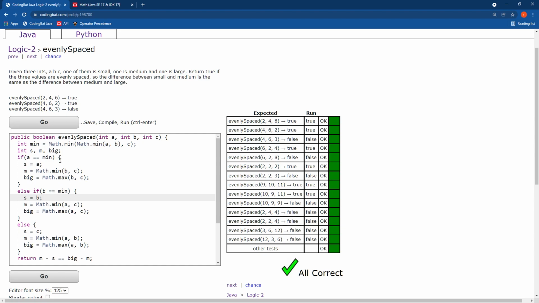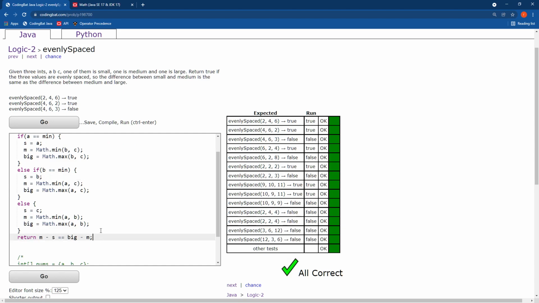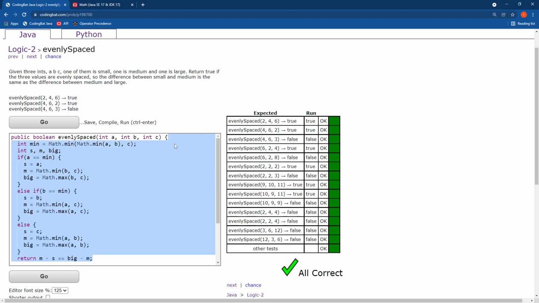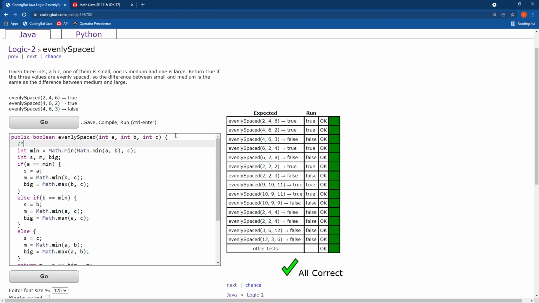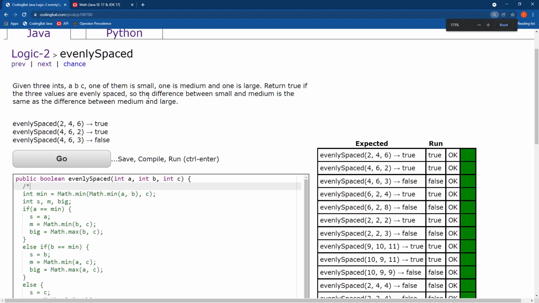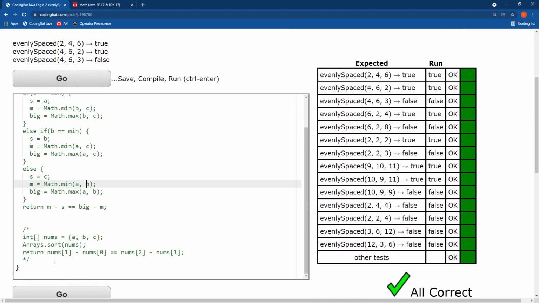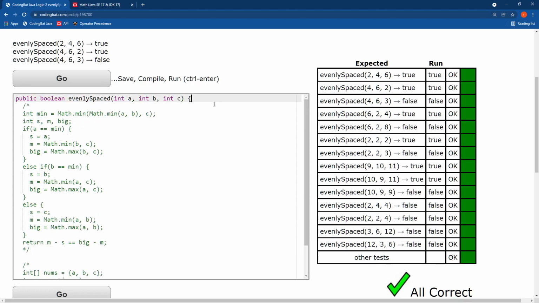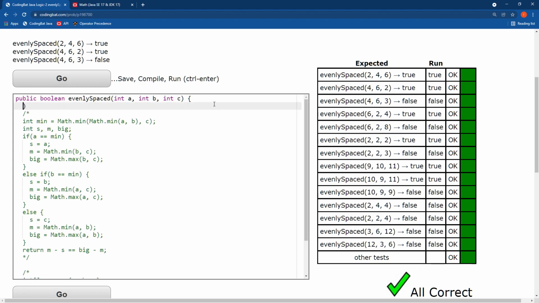I'll try one more way to do it. So one other way to do this, I can comment this out. We're getting a lot of comments now. I'm going to also comment this out, so maybe we can see more. So another way to do this would be to, let's see, we could have